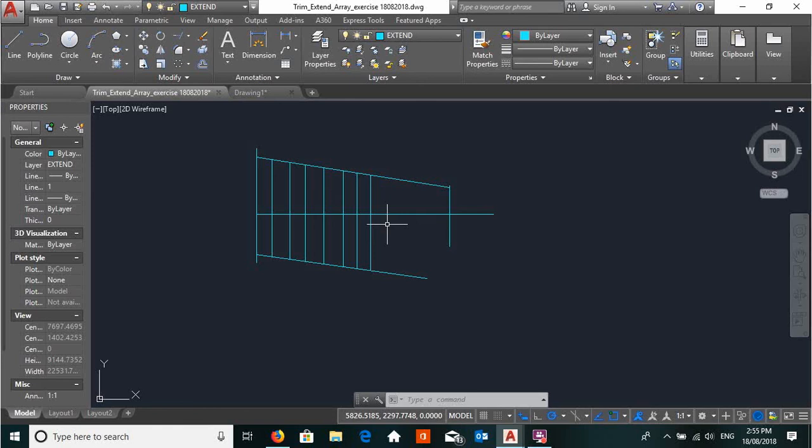To me, it looks like an alloy wheel trim, a very fancy one with spokes, etc. So there's an outer rim and an inner rim, similar to the ornate window that we drew. So have a look at that at the end of the document for trim, extend, and array. All right. We're now going to move into looking at mirror, and we'll just open that exercise and